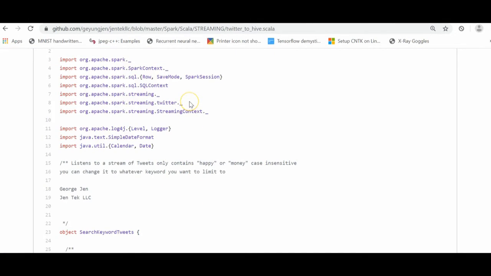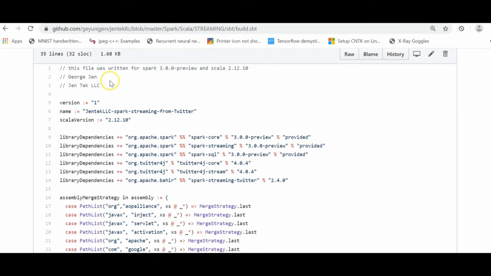For this piece of the Scala code to work, you need to be able to import org.apache.spark.streaming.twitter._, and that comes from a jar file, which is not part of the standard Spark distribution, which means you need to build it. In my case, I'm using SBT. So in order to use SBT to build the jar file, you need to have a build.sbt,